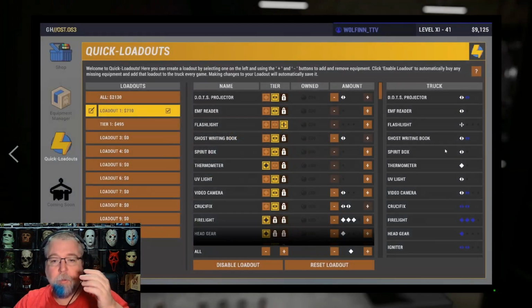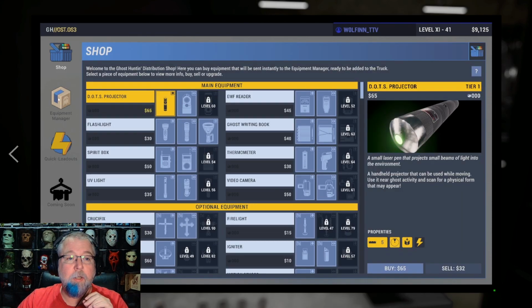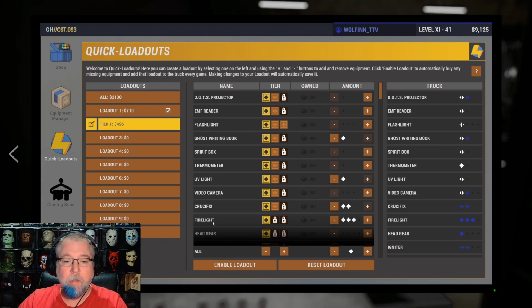All right, so now we go into here. So you say you just prestiged. Currently, right now, the game is not believing that you don't have tier 3 gear, which is why every game, if you don't do this, you end up basically having to go into your equipment manager and re-add everything every single time. Here's your way around it. So let's say I've got tier 1 here. Enable or disable does not work. You have to reset the loadout. So you click reset,